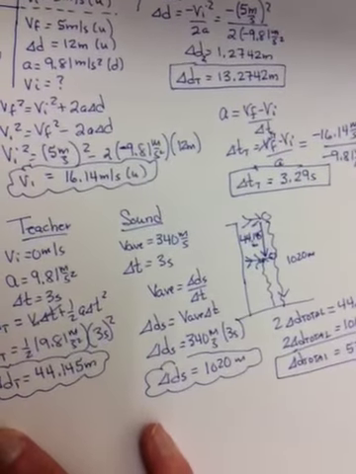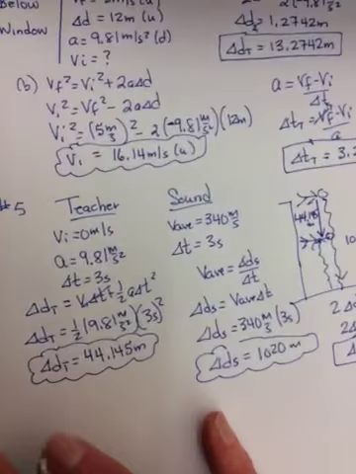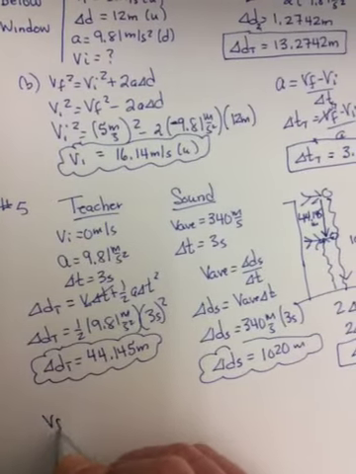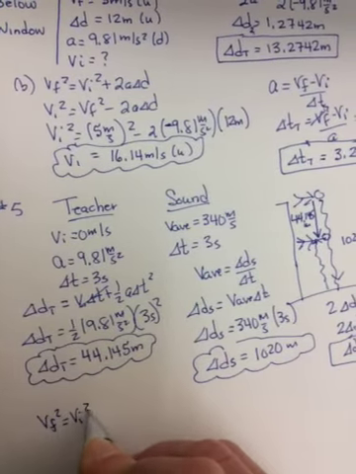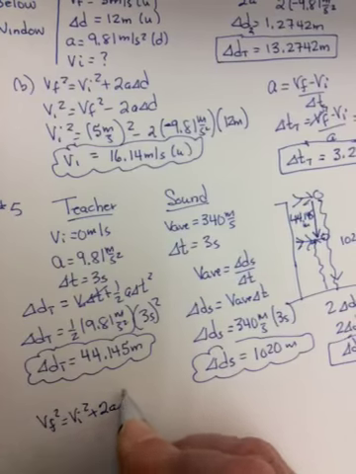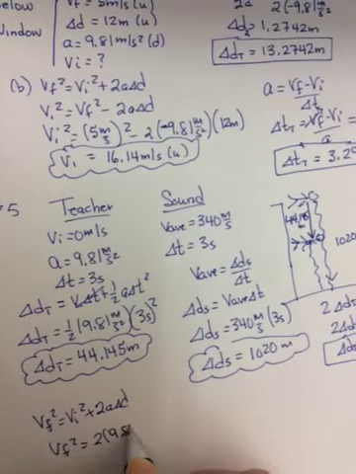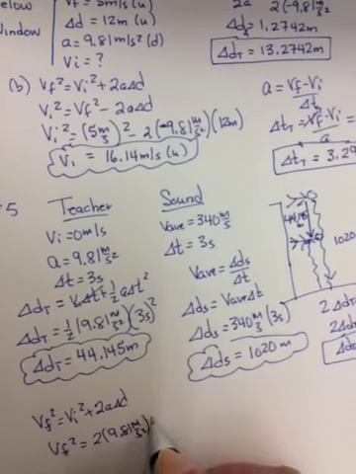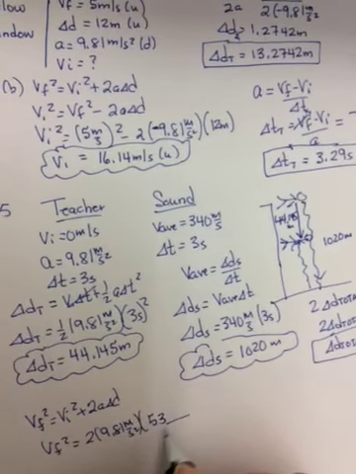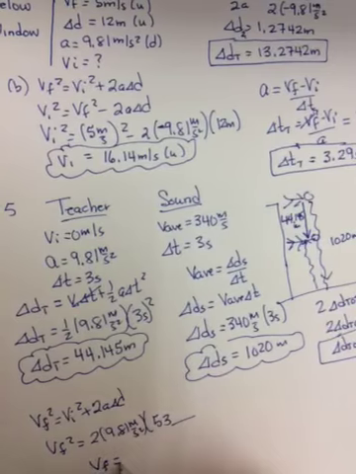Part B wants to know how fast will she be moving just before she strikes the ground. So you could do VF squared is equal to VI squared plus 2A delta D. So VF squared is equal to 2 times 9.81 meters per second squared times the 500 and whatever we just found. I'm going to run out of time. VF is equal to